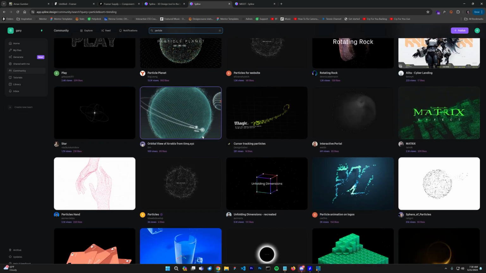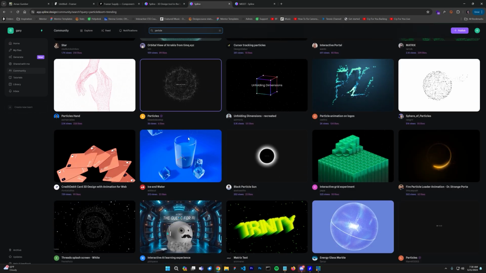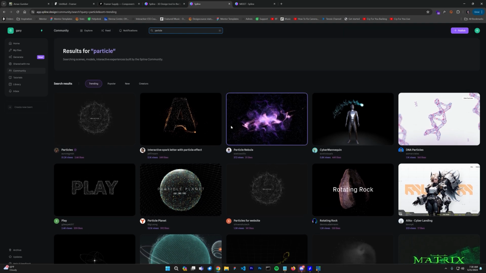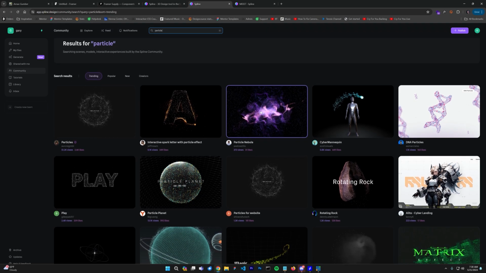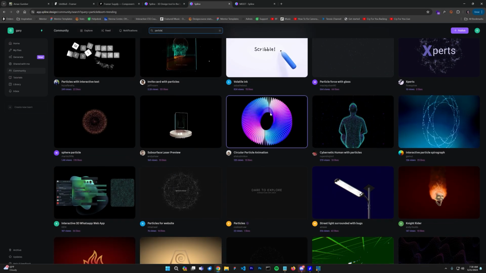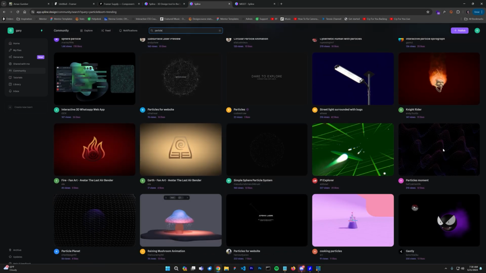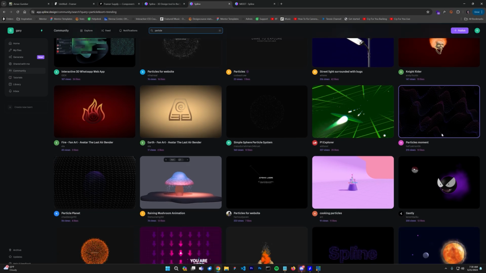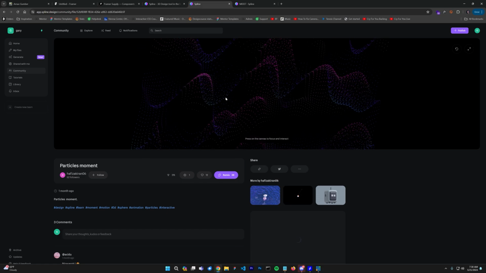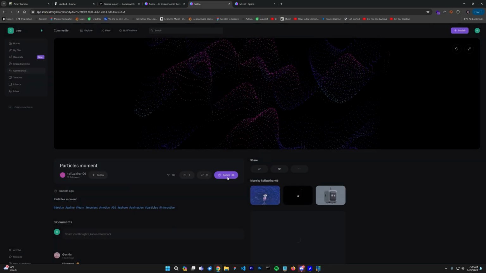These are really cool, awesome, crazy looking particle-based systems. Of course, you don't want to use something that's going to be too crazy, laggy and not performant. But there was one that I found yesterday that I've seen before. Oh, it's this one right here. That works. It's pretty interesting. If I click this, you'll see the concept behind it. And if you click remix,